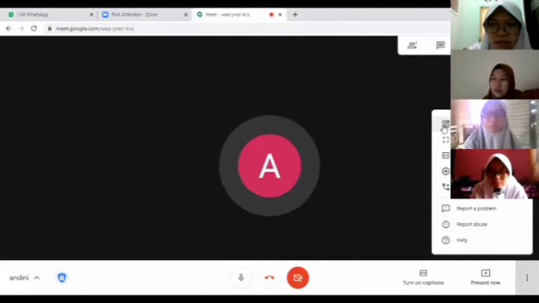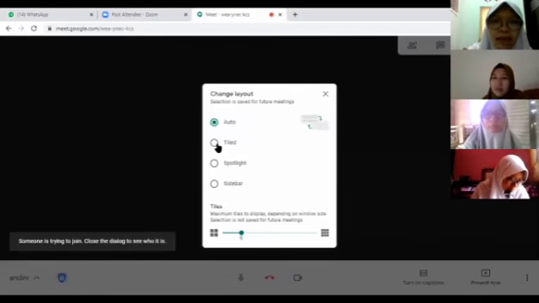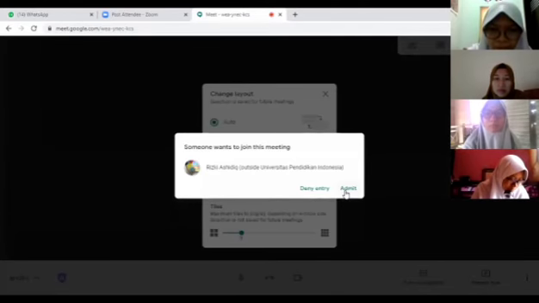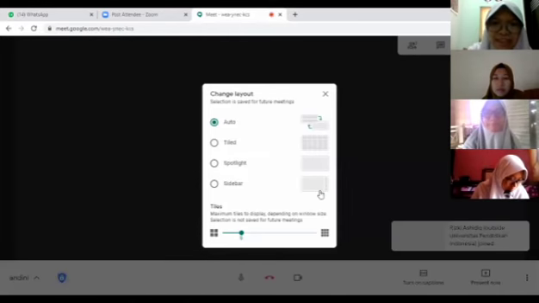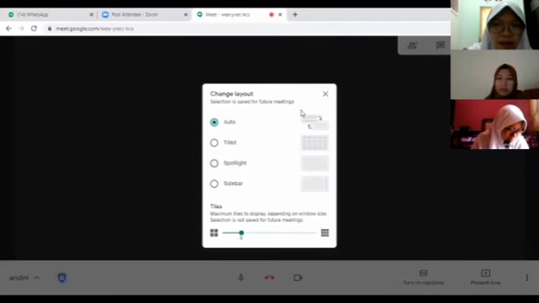Layout is like the tampilan for your Google Meet. Now, you can admit Rizky Asidik. So now the participants are two, me and Rizky. You can choose your layout here. Okay, we can close it.